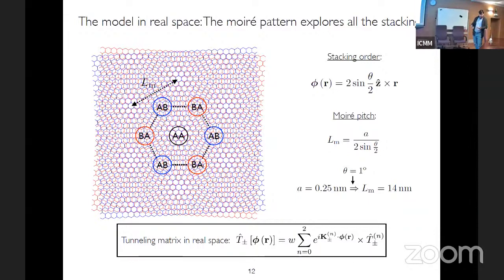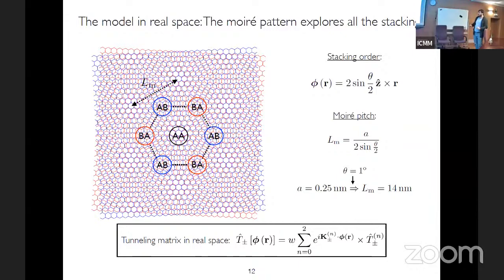Within the moiré cell, the system is basically going to explore all the stacking configurations, and that is given by this function. This function tells me, as a function of the twist angle, the local stacking configuration, parameterized in terms of these 2D vectors, at a given point of space. And from this you can identify the moiré period in terms of the twist angle. This is a way to construct the so-called continuum model, which I'm not going to discuss much because I'm not going to talk much about electrons